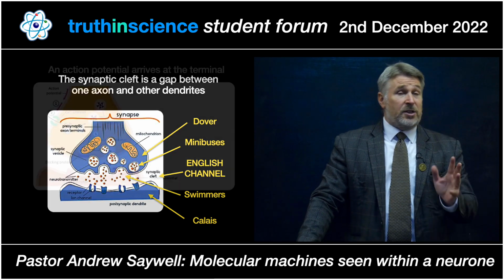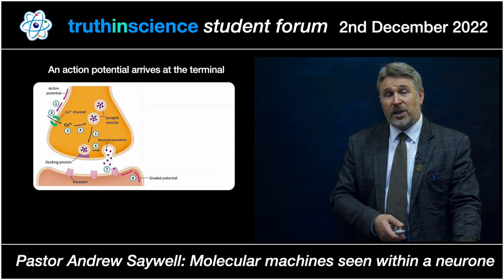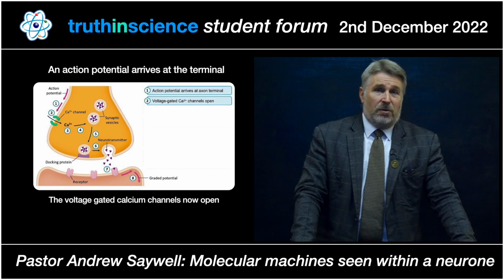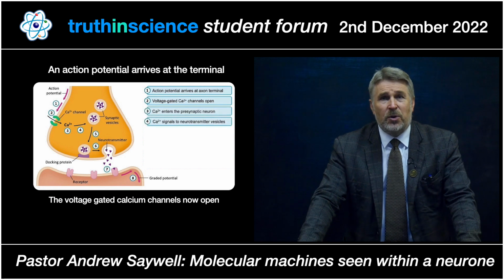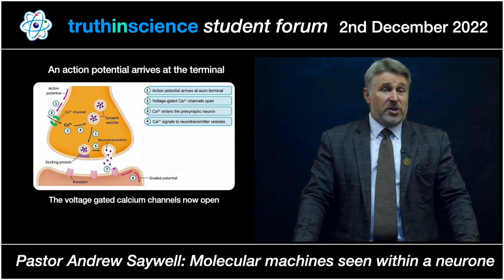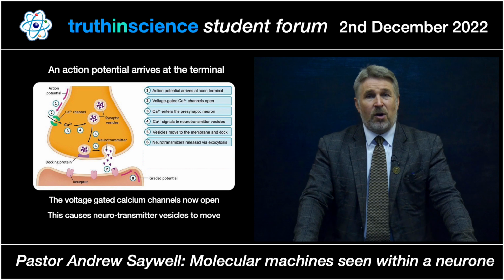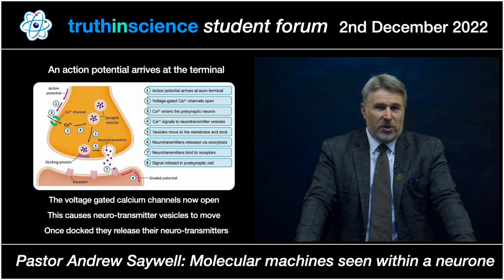So an action potential travels at 270 miles per hour. It's not electricity that's flowing, it's actually the flow of sodium ions. But as they reach the axon terminal, it opens certain gates, which are called voltage-gated calcium channels. This allows calcium to flow into the presynaptic neuron, and they signal the neurotransmitter vesicles to dock with the terminal and to release the neurotransmitters via exocytosis. These diffuse across and then bind to the receptors of the dendrite, and the signal is initiated in the postsynaptic